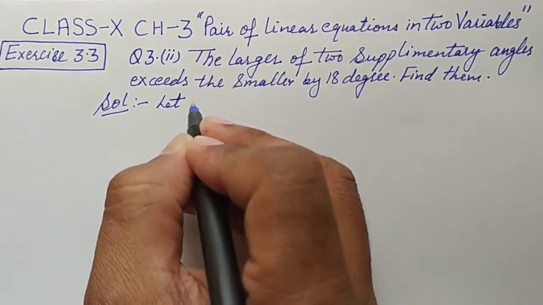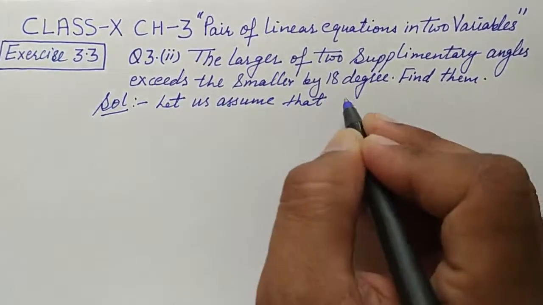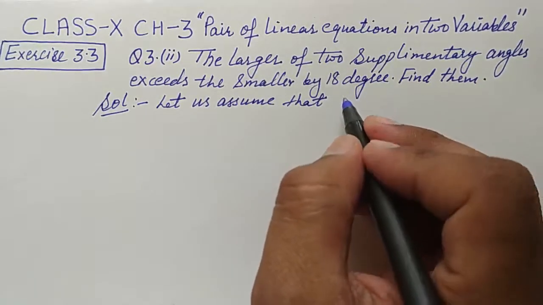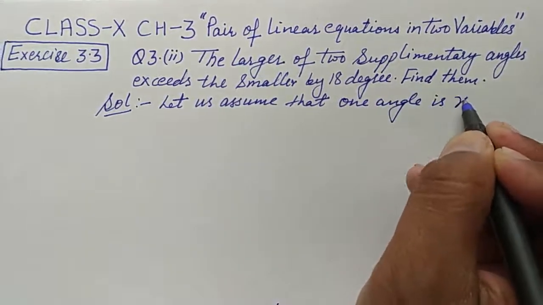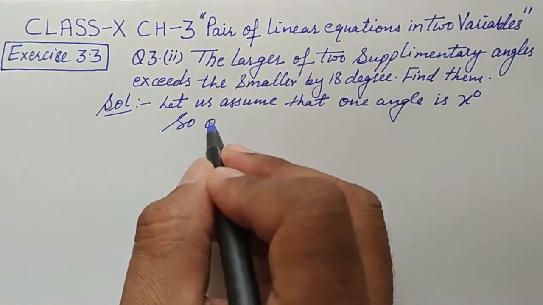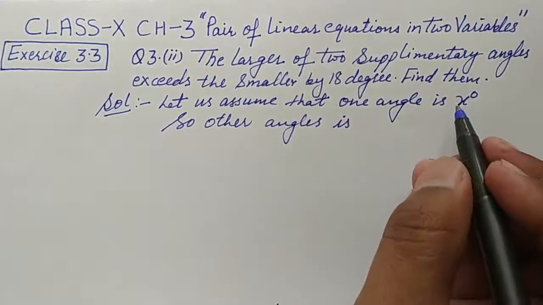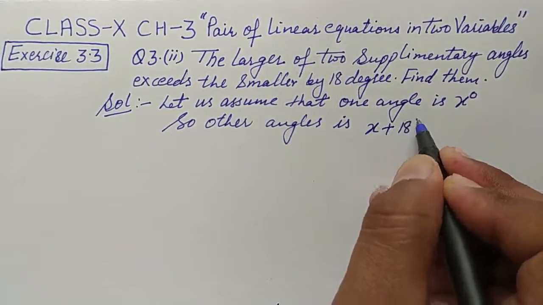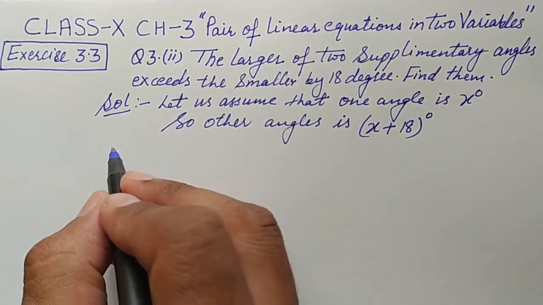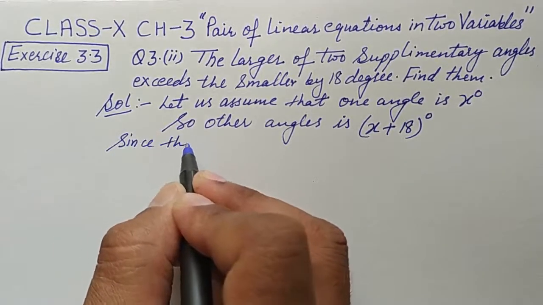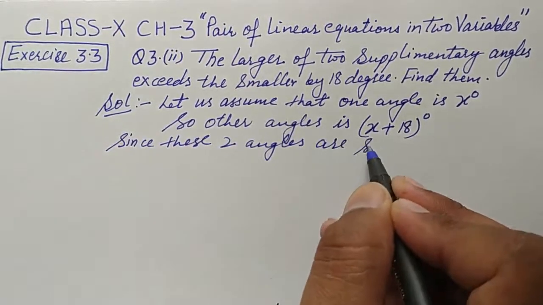let's assume that first angle, or you can say one angle is x degree. So other angle is now 18 degree more, so it will be x plus 18 degree. Now we'll write, since these two angles are supplementary,